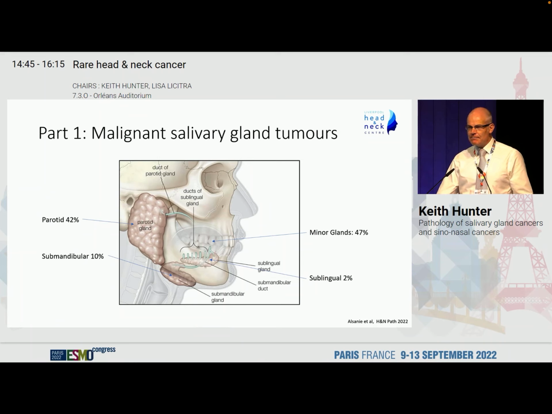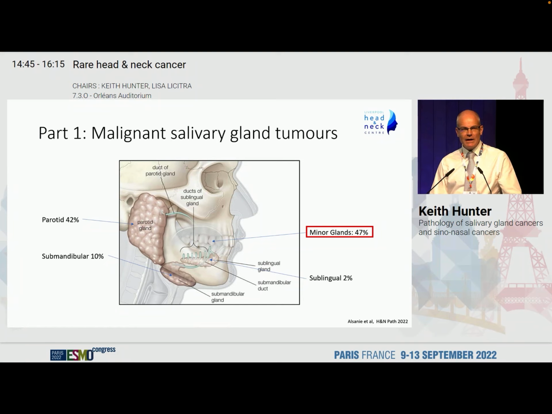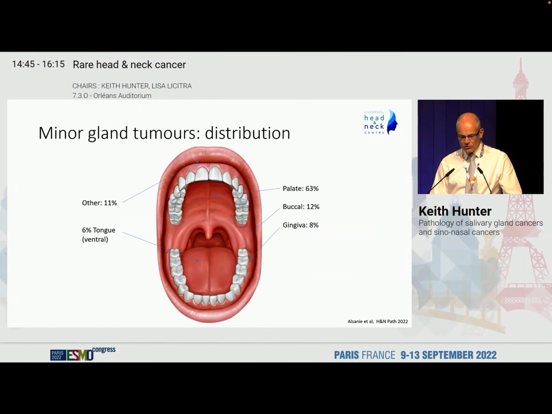But when you have a look at malignant salivary gland tumours, you will see that, in fact, a little under half, and this is from a very recent scope of internationally diagnosed salivary gland tumours, which was published in Head and Neck Pathology this year, led by the department in Sheffield that I've just left, showed that the parotid was under 50%, and in fact, interestingly enough, about 50% of the salivary gland malignant tumours were in the minor glands. And I think that's a very interesting thing to remember, and they are a very diverse group of lesions.